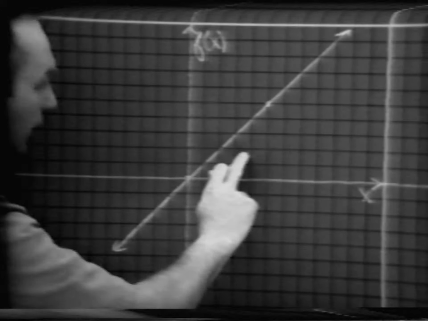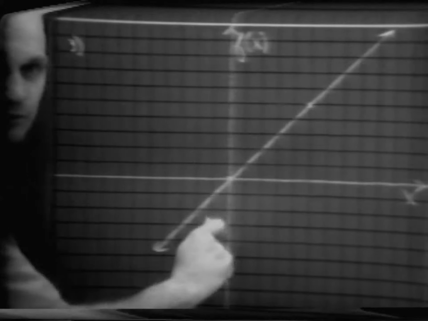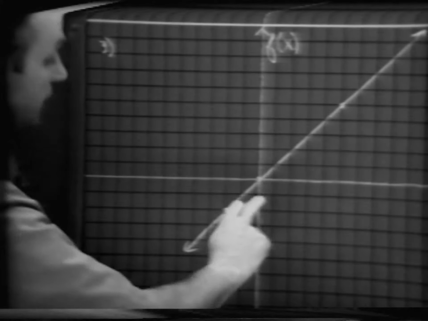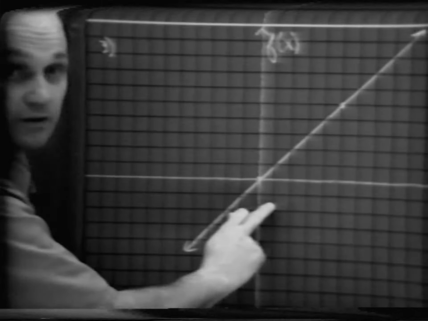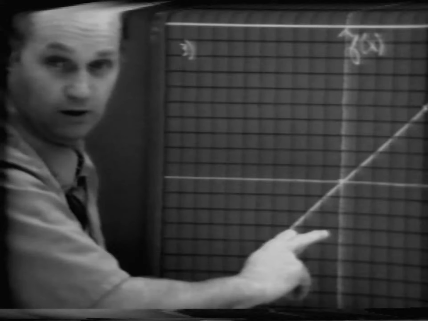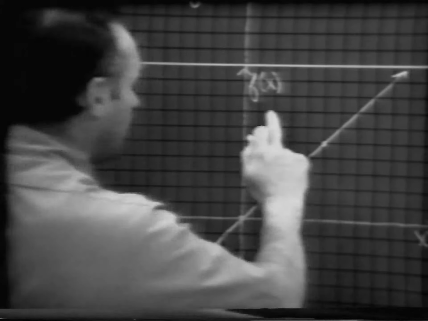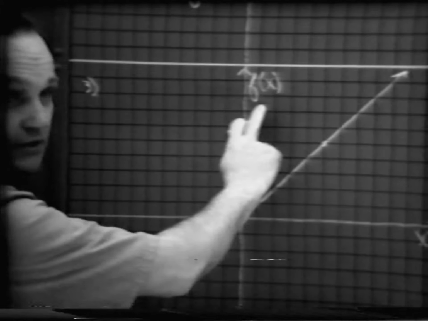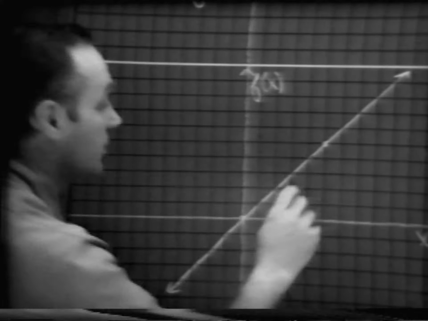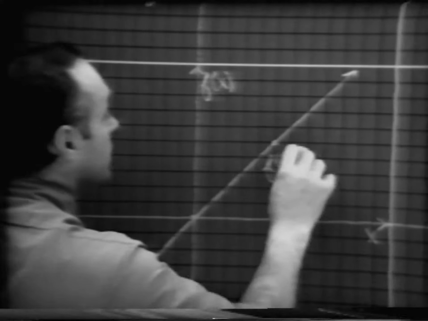Notice here we have f of x again, and what then is a formula that I may write for this particular function? This is one which we have been looking at. What's our y-intercept? The y-intercept is 0. What's the slope number? 1. So what then is an equation for this line, Bob? Y is equal to x. Since I have here on this coordinate system f of x, let me use f of x is equal to